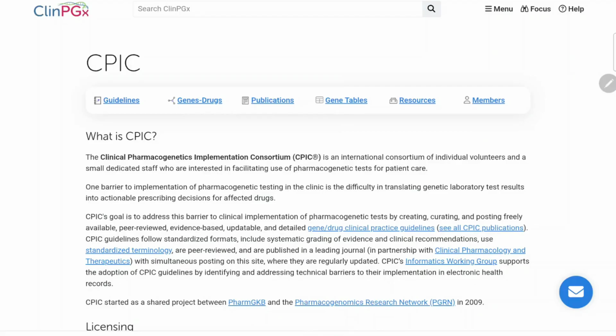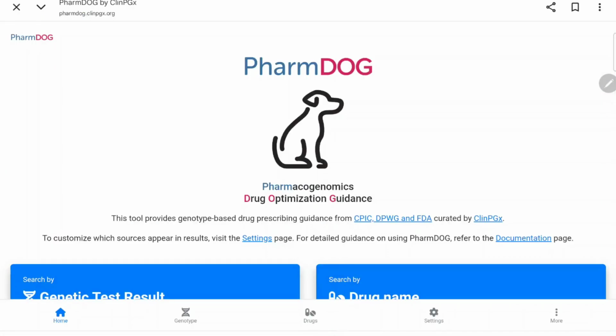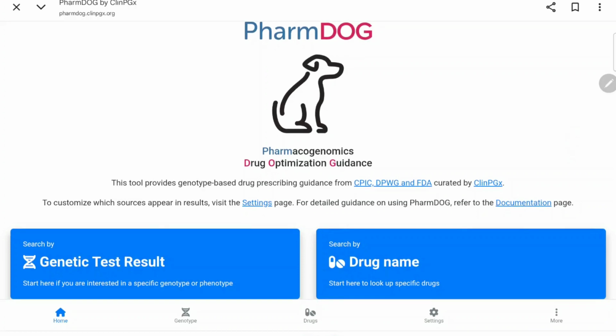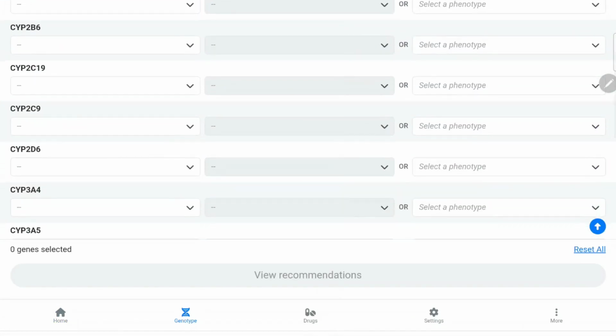Next, let's look at the drug optimization guidance tool powered by PharmDoc. This is perhaps the most vital tool for clinicians. If you have a patient's genotype report, you can use this interface to implement evidence-based guidelines into clinical actions. You can click here for genetic test results and select gene, let's say